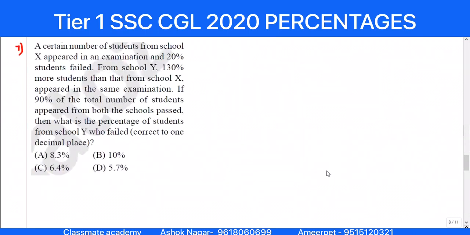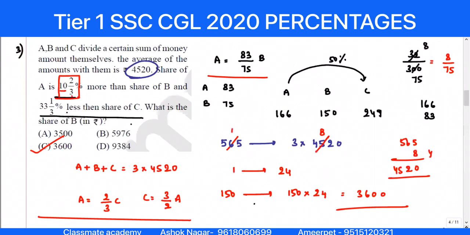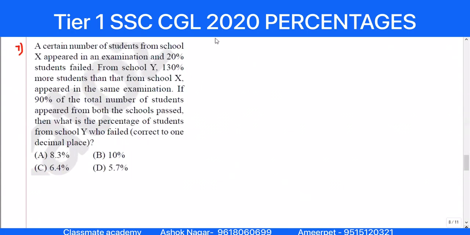A certain number of students from school X appeared in an examination and 20% failed. From school Y, 130% more students than from school X appeared in the same examination. If 90% of the total number of students appeared from both the schools passed, then what is the percentage of students from school Y who failed? If I take school X, 100 people are writing the exam. School Y, how much more? 130 more, which is